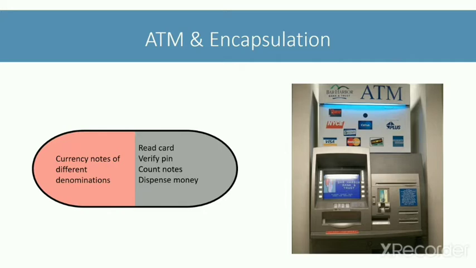Here ATM can be viewed as a class which is wrapping together the data, which are the currency notes, and methods, which are the operations required to withdraw money, into a single unit. In other words, we can say that ATM encapsulates money and operations required to withdraw it into a single unit. You can interact with the ATM only through the numeric keypad and the on-screen options it provides. You cannot access the details about internal data, like how much money this ATM has, how many notes of each denomination are present, how much money has been withdrawn so far, etc. This is the data hiding concept of encapsulation.